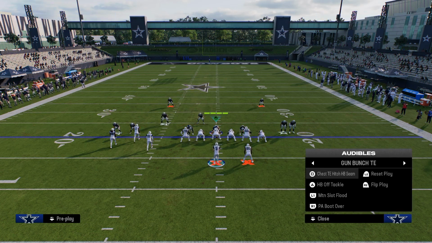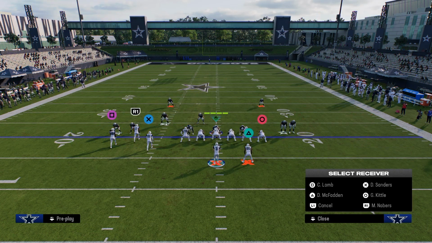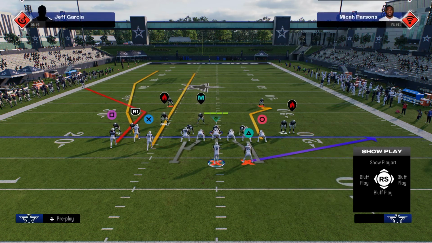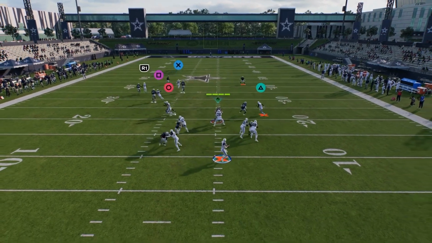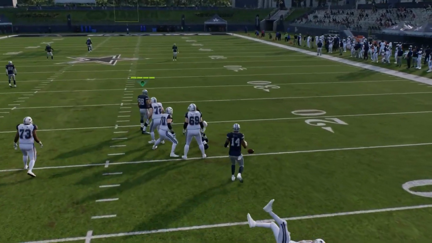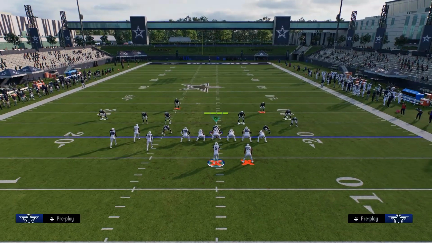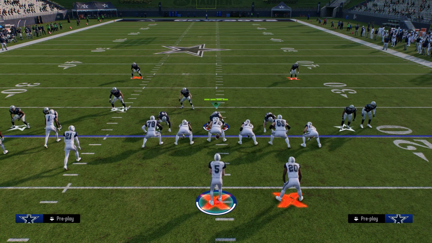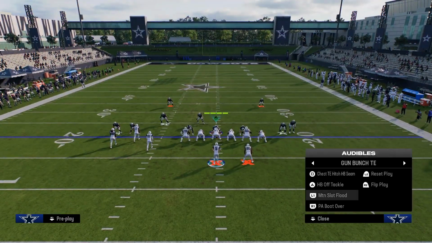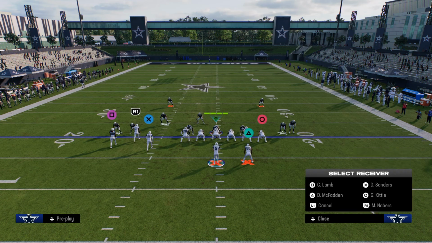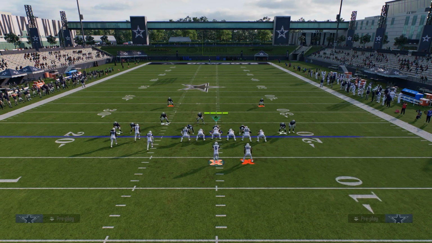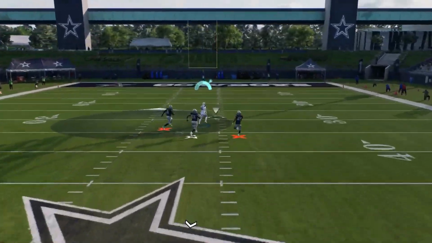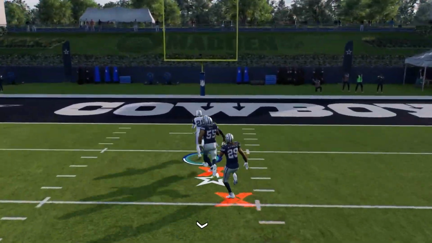against cover 2 man. Let me see if I can actually motion slot FUD here. Streak the inside guy, corner the outside guy, and then if you want to put the backs underneath, you can. What you'll see here is you essentially are going to have a one-on-one with the press man. So if you beat the press man, it'll be a touchdown. If you don't beat the press man, obviously, you throw something else like your running back drag or whatever. But the reason this is good is that the deep half can't really help them. So the deep half doesn't really provide any support to the shell. So you'll see here, you'll have the seam streak right up the middle. As you see, you can hit that a lot of times against cover 2 man if he gets off the